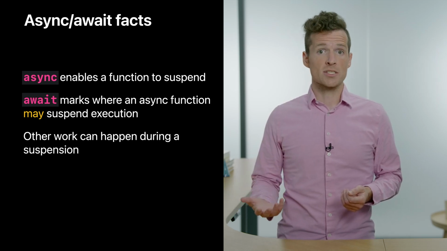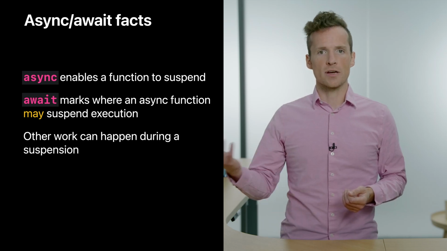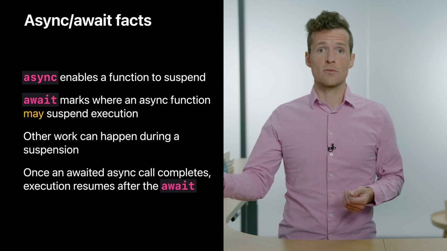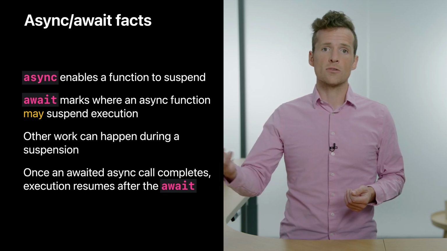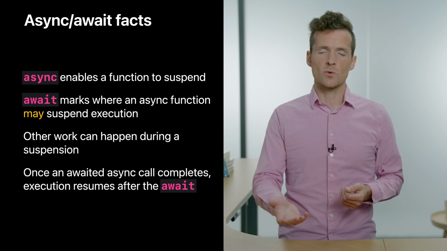That means your app state can change a great deal while the function is suspended. Finally, when an async function resumes, the results returned from the async function it called flow back into the original function, and execution continues right where it left off. You've seen how async await works in Swift. Now, Robert will show you how to start using it in your own projects.